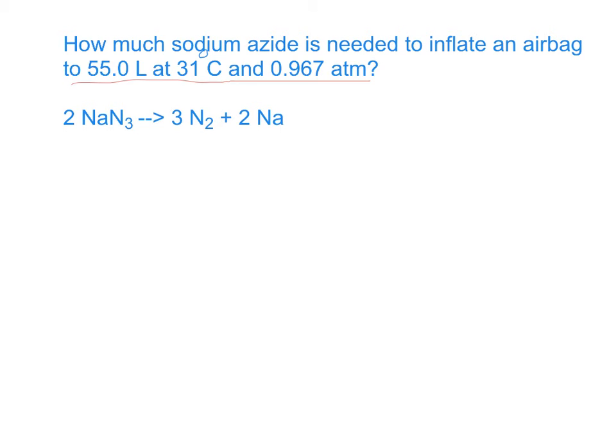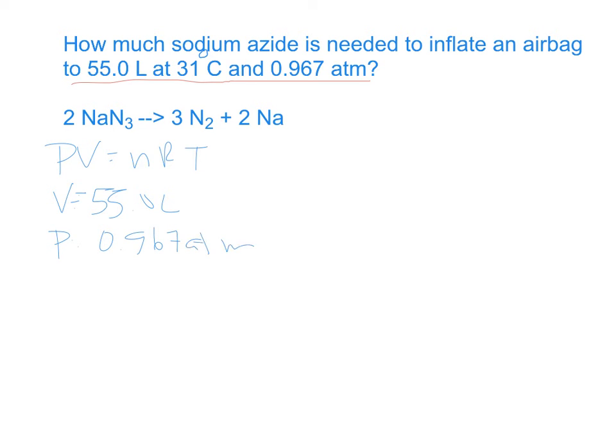Because I'm not at STP, and I know that because it's not 0 degrees Celsius and 1 atm, I'm going to have to use PV equals nRT. So our first step is going to have to be to solve for moles using PV equals nRT. So let's see what we got. The problem tells me that my volume is 55 liters. My pressure is